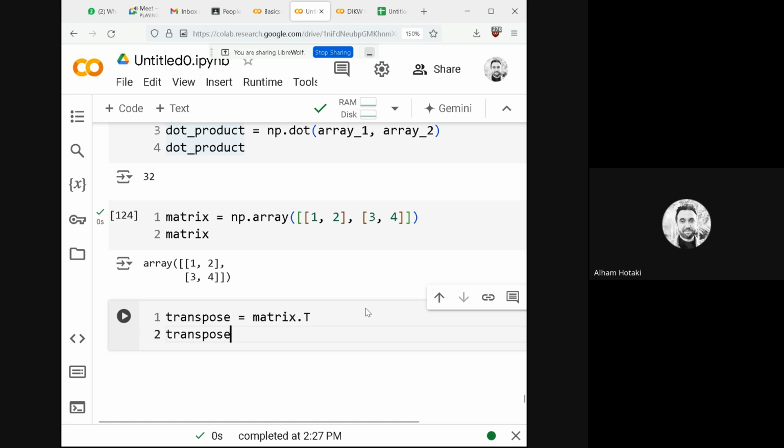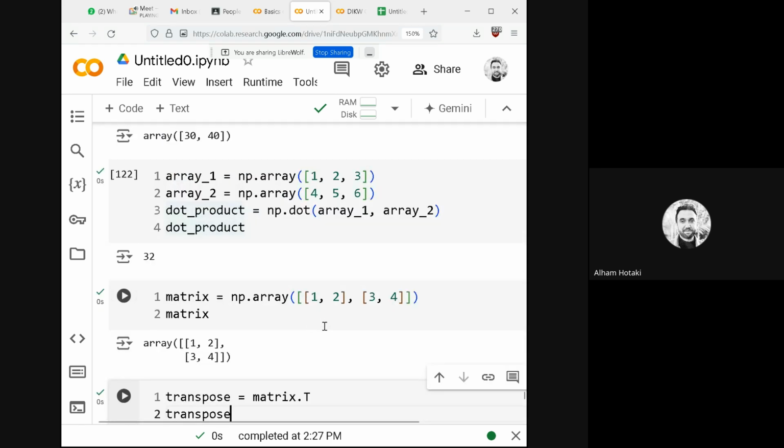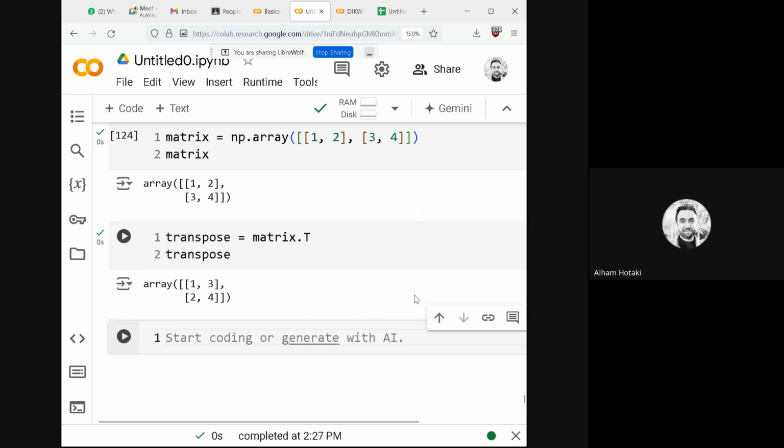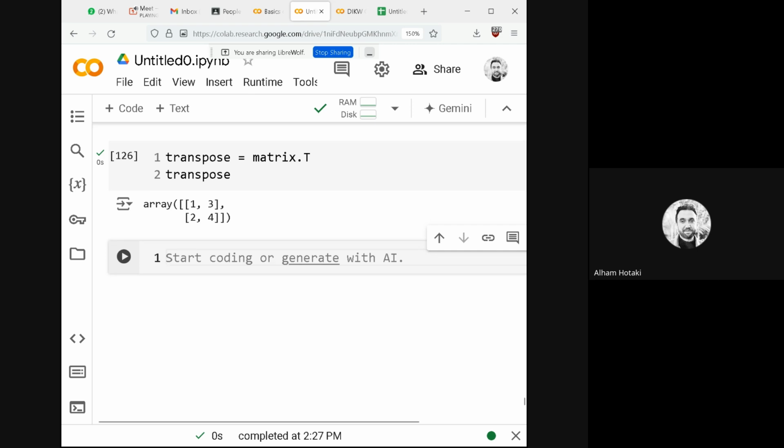So now the transpose of this matrix 1, 2, 3, 4 will be 1, 3, 2, 4. So this is how you can use the transpose in dot products. You can generate different types of matrices and